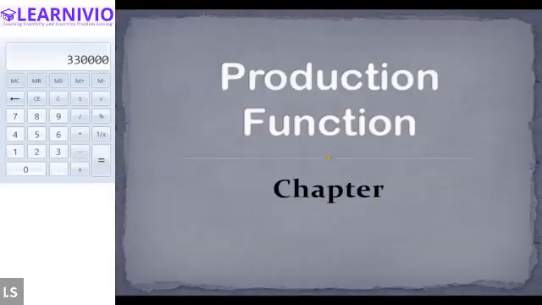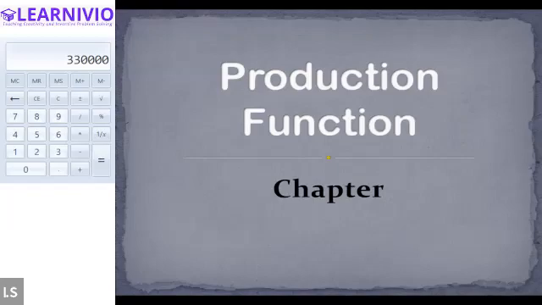Production is a process that converts the input into output. But input in economics is known as the factors of production. And factors of production are broadly categorized into two parts. So what are the two categories in which factors of production are categorized? Are you able to recall this? Yes or no? Sir, input and output.